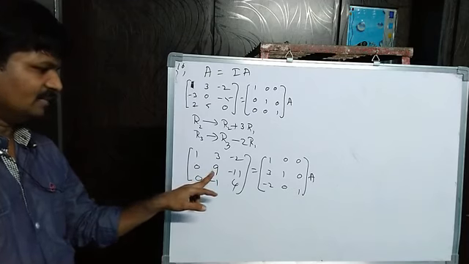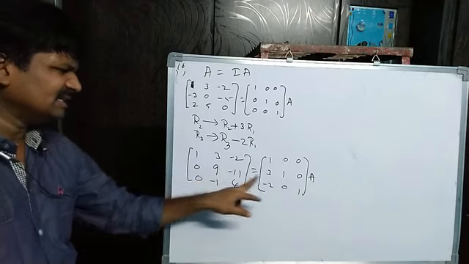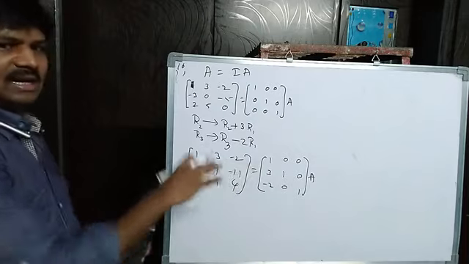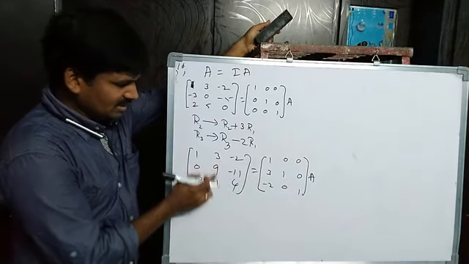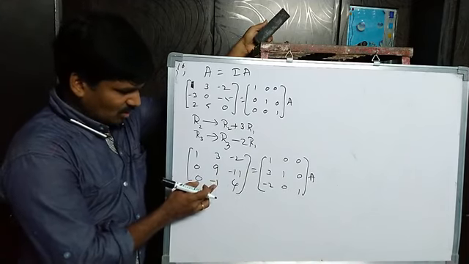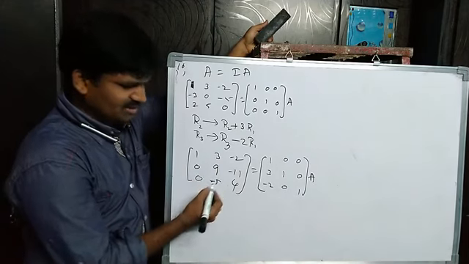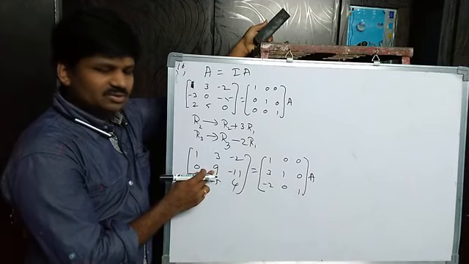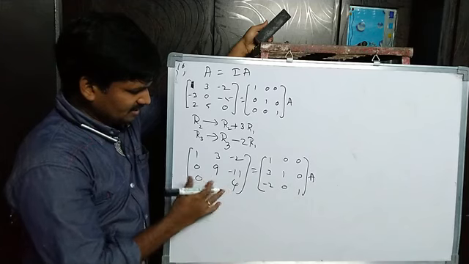Don't divide by 9 here. If you divide by 9 here, it will be a fraction, and it is a little bit difficult to simplify. That is why, before dividing by 9 or 8, whatever the number will be, to make 1 here, just observe this last row. If minus 1 or 1 is there, you can interchange these two. If suppose 5 is there here, and you interchange, you cannot get 1 here. At that time, you have to divide by 9. That is better. But don't divide by 9 here. Here minus 1 is there.